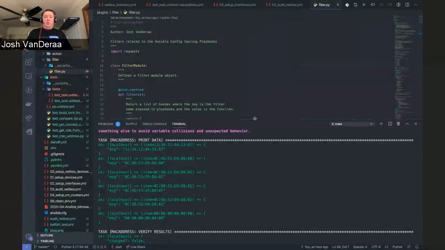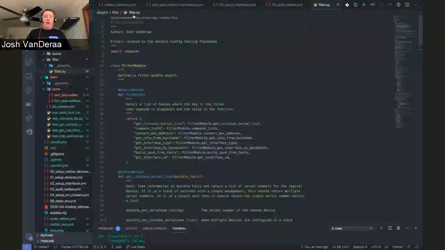So I've gone ahead, I've got one file, filter.py, that's in my plugins filter folder. And so first we build a class. I think common practice is to name it filter module. And then the first thing you have to do is define a method that says this is filters, and